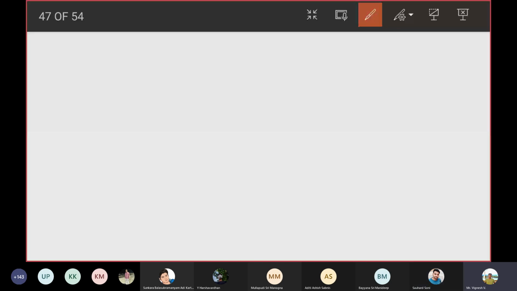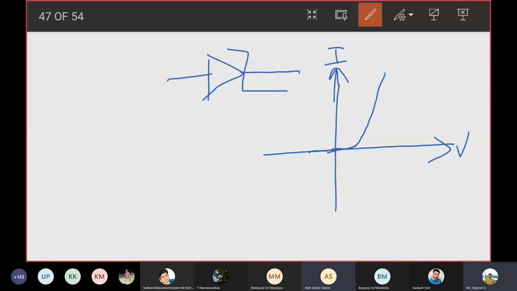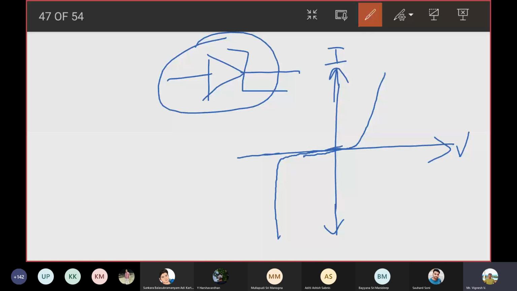So this is how the Zener diode would look. Right? And if I ask you to plot the VI characteristic of a Zener diode, so this is V and this is I. In the forward bias condition, it is going to act the same way as your PN junction diode. In the reverse bias direction, the breakdown happens. And this diode is specifically used in the breakdown condition, because there is a beautiful advantage that you can see in the breakdown condition. The advantage is,